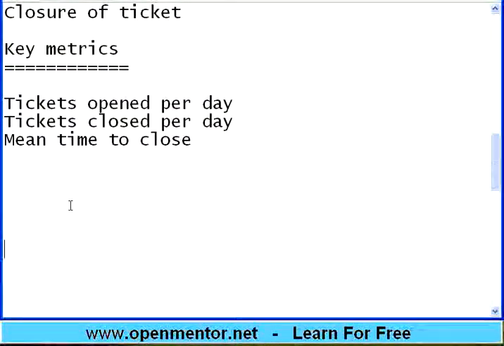Customer reports at 11 o'clock, and by 3 o'clock you are closing the ticket. That means you have taken 3 or 4 hours to solve the problem. In the same way, how many hours on average you are taking to close the ticket is also tracked. This is also one of the key metrics, MTTR, or mean time to repair, right? Here it is solving the problem. It may be a small problem.